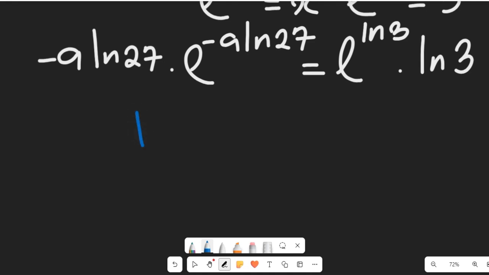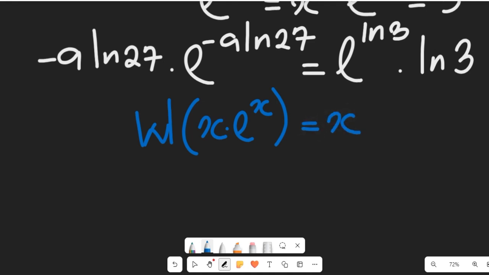And what does the Lambert W function say? If I have a function of x multiplying the exponent of e of x, right? This can simply give me what? The value x, right? That is exactly what the Lambert W function states. So from this expression, if I check out the left and the right hand side, having gotten this and this, remember this can simply multiply this, because if I rearrange that expression, I can have